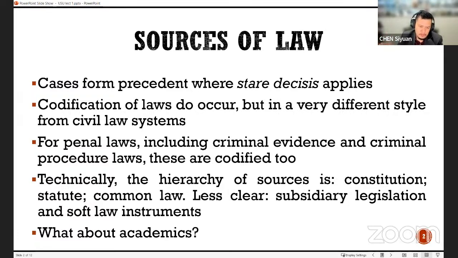So usually it's statute if there's a statute, and then case law, based on stare decisis. Is there a Court of Appeal case? Is there a High Court case? And if really all of those things don't give an answer, the Constitution doesn't give an answer, the statutes don't give an answer, the case law doesn't give an answer, that is when maybe the Singapore courts might look at academics.